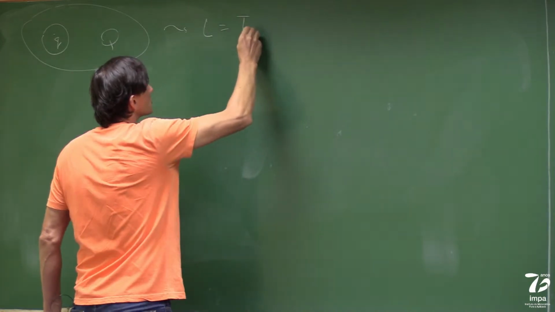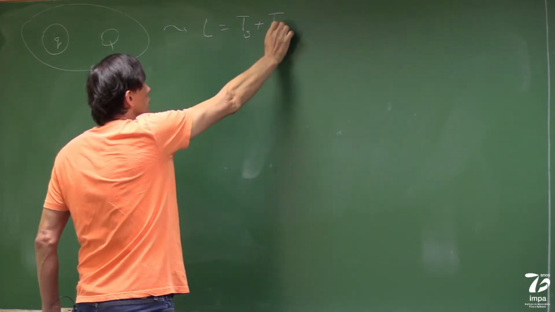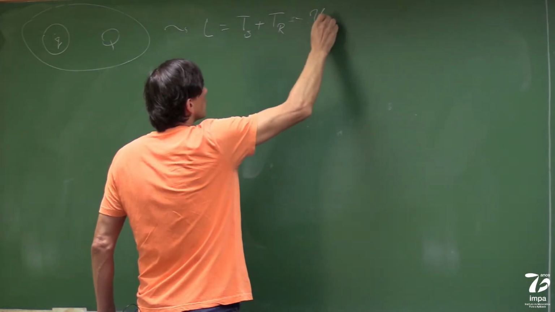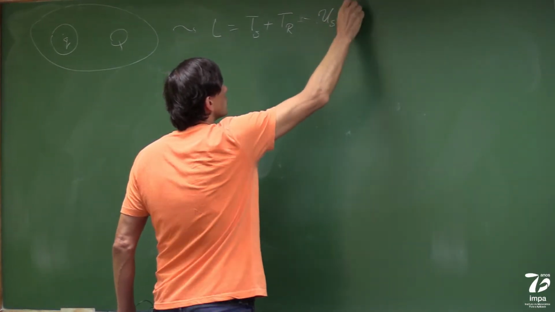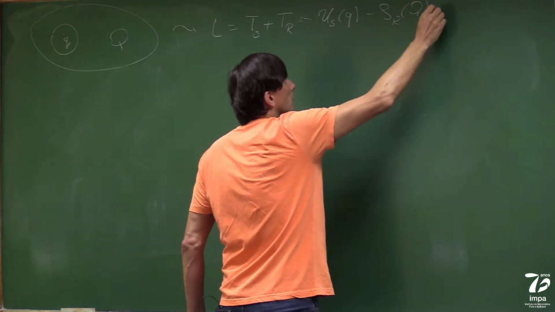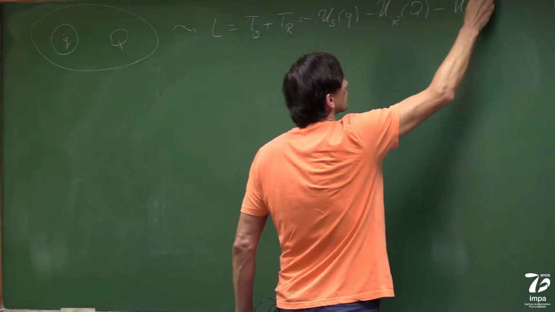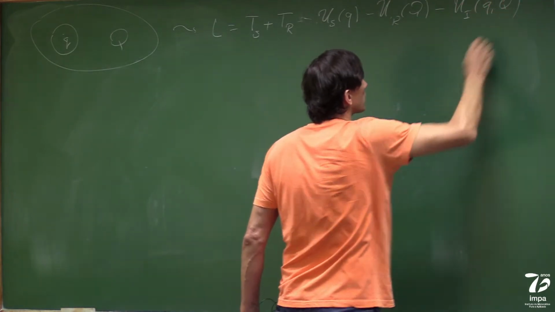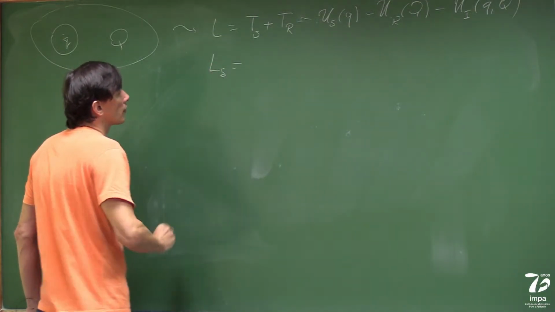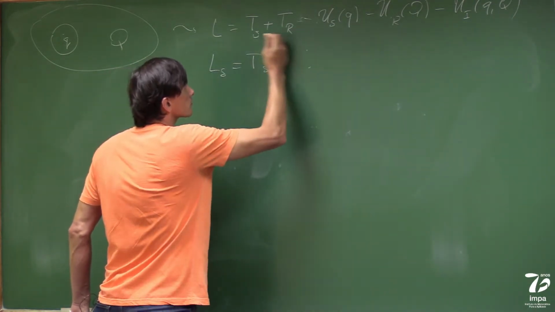which has a form of the kinetic energy of the system, kinetic energy of the rest, plus minus potential of interaction within the system, minus potential of interaction outside, and minus potential of interaction between the system and the rest. And if you write the Lagrangian function of the system, just composed of what is